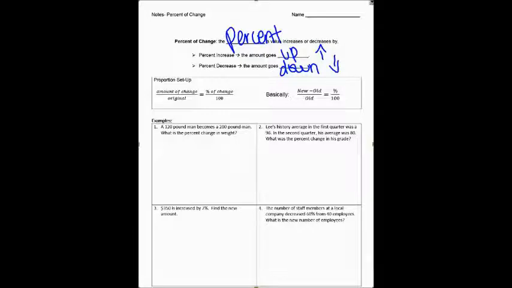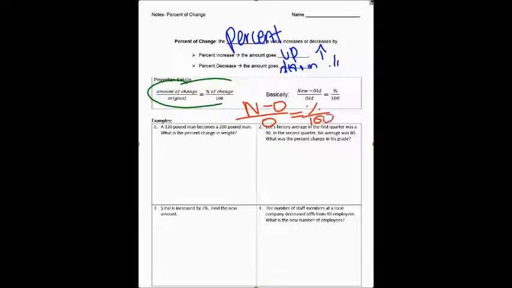Our formula for this is right here. Again, we use a proportion for our formula. This is the book formula: the amount of change over the original equals the percent of change, or our percent. Percents always go over 100. This is what I use though: new minus old over old equals the percent over 100. An even easier way to remember this is just n minus o over o equals percent